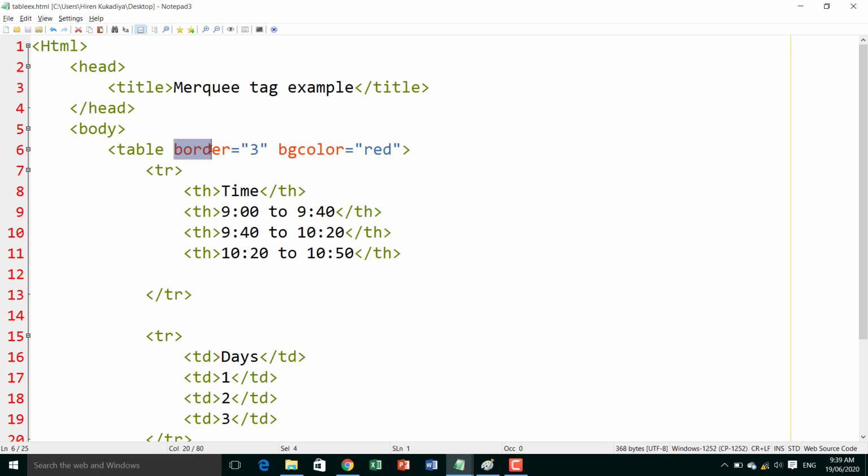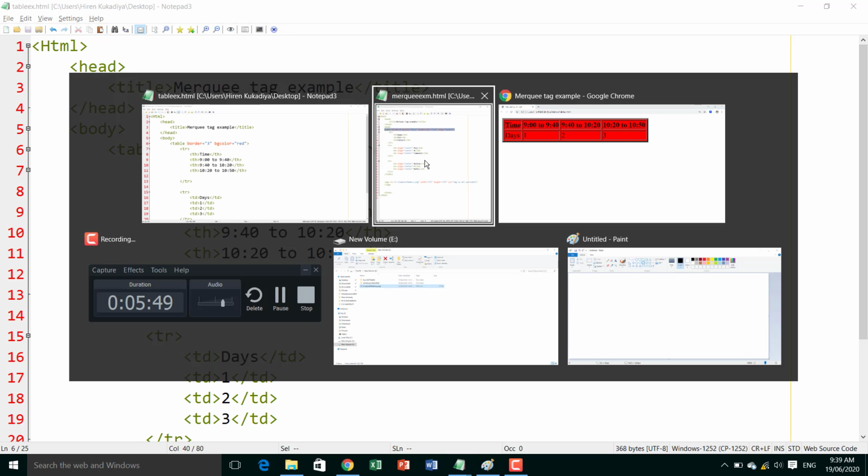These are the attributes, and these are the values of these attributes. Okay, the red color is what? In the red color, what is written is text, border, bgcolor. These are the attributes of a table. Okay, so this is the attribute, and this is the value of this attribute. Okay, so this is the bgcolor, and